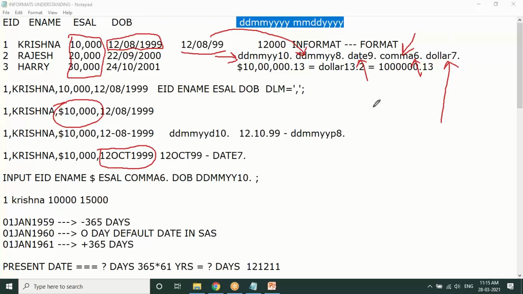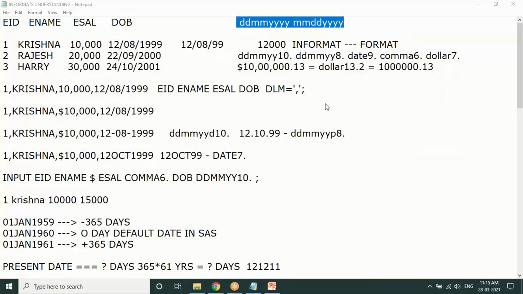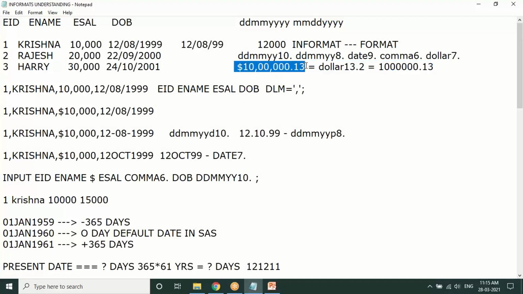You might have a question: what if the length is more, and what if the length is less? As you can see, there is data like $10000000.13. How will I consider this? Counting 1, 2, 3, 4, 5, 6, 7, 8, 9, 10, 11, 12, 13, so a total of 13 characters with 2 decimal places.